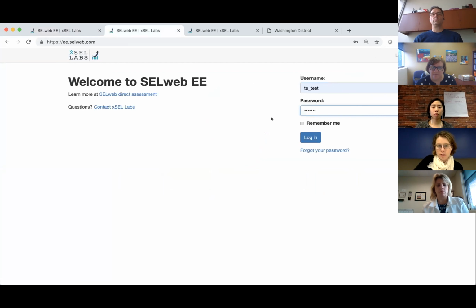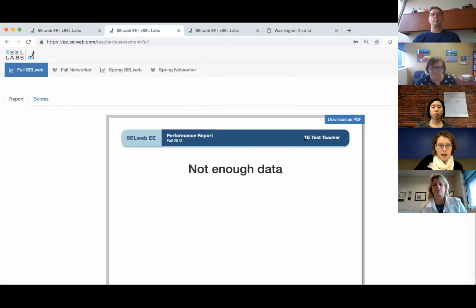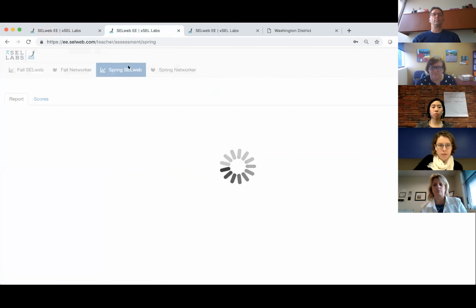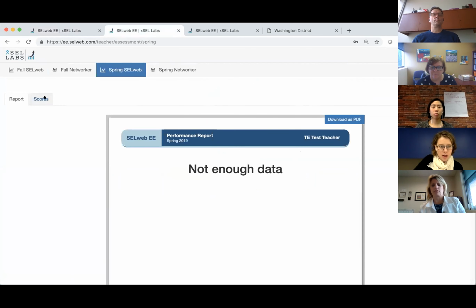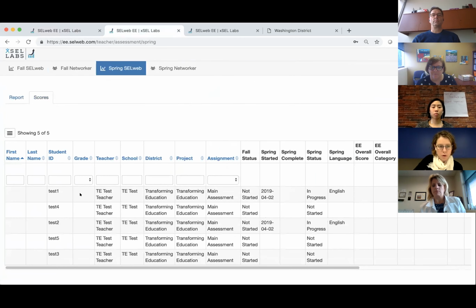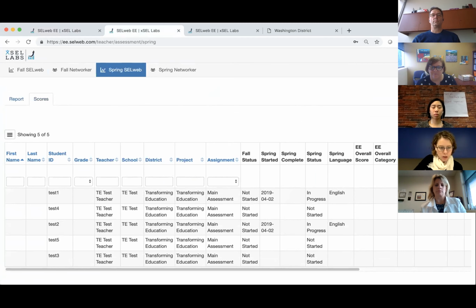In this test example, I've made a fictitious teacher that has 5 different students, one of whom has taken one module of CellWeb, and test 2 is